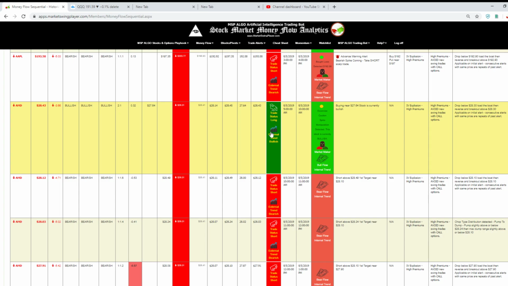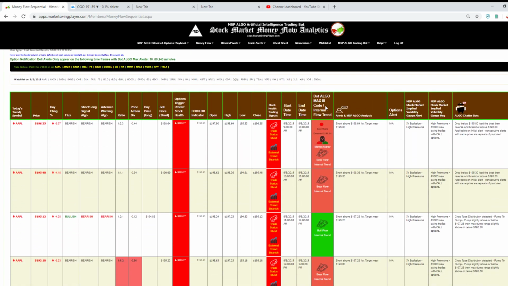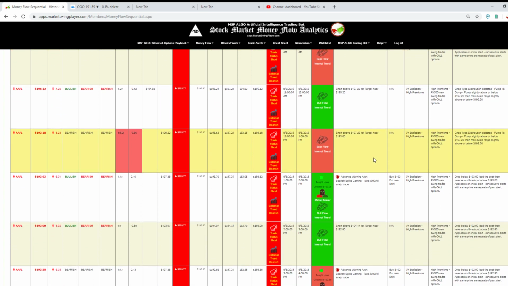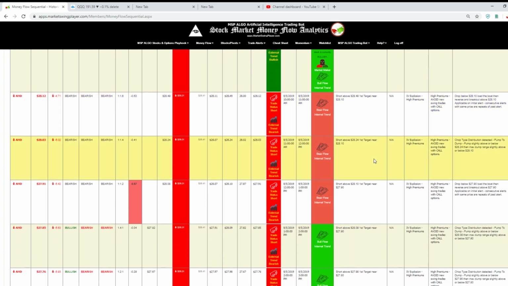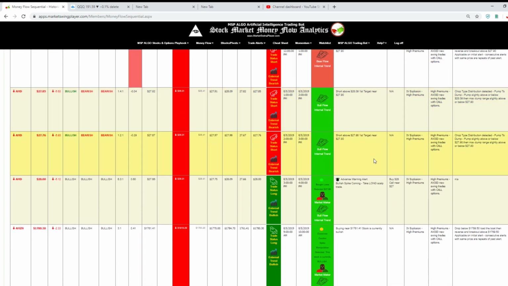And it tells what the external trend is. Now in here we saw the market maker. So we know the market maker is buying or selling because we see the market maker. They go to market maker and it says market maker, okay? And it says bear flow internal trend. So this background color is the trend. You see how it changed to green? You see how it changed to red, okay? So when a market maker comes into play, most likely price is going to move. Sometimes you don't see the market maker and it's just dead. It seems like price isn't doing anything, okay? But when you see the market maker,